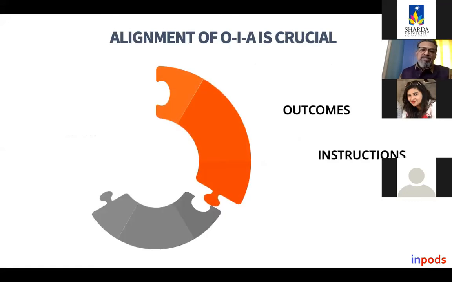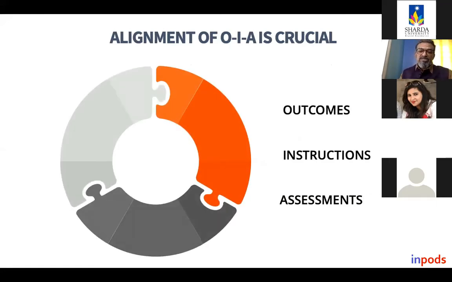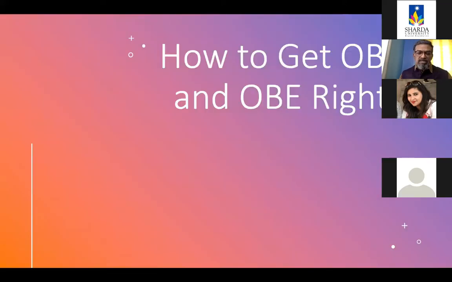So that's why it is very, very important for outcomes, instructions, and assessments to be in sync with each other. And that's why it is very, very crucial to have a holistic, all-inclusive approach towards designing the program and planning it. Obviously, program outcomes are going to be the starting point, and then how the overall curriculum design is done will have an impact on outcomes-based assessment and evaluation. Because all these small things matter a lot